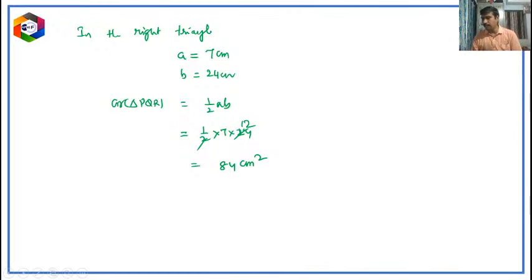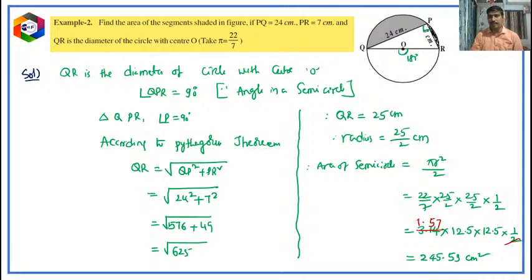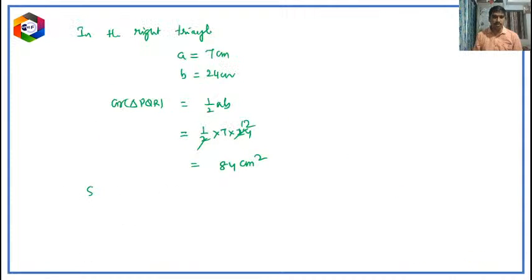Now I think the problem is completed. So the value to be calculated is finally the shaded part. You can observe the shaded part means this part. So from the semicircular region, if you subtract the triangle area, you will get that one. I hope you are all able to do that. Let us try it. So now the shaded area is equal to